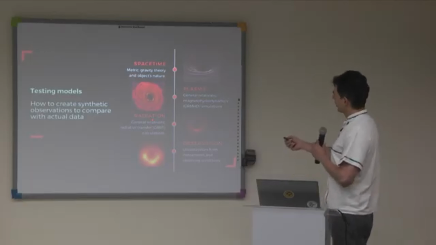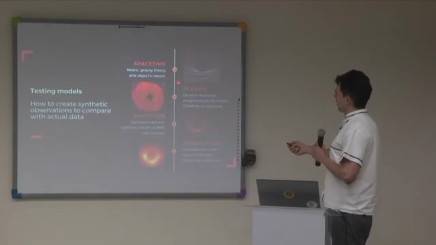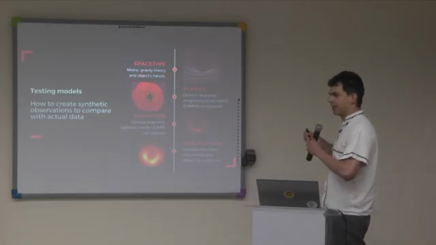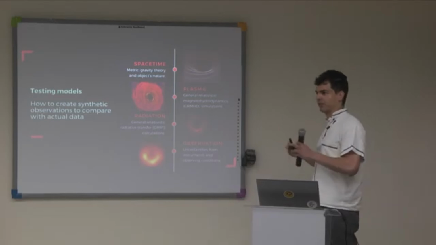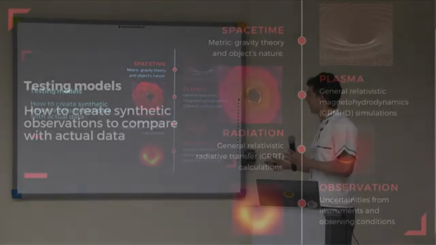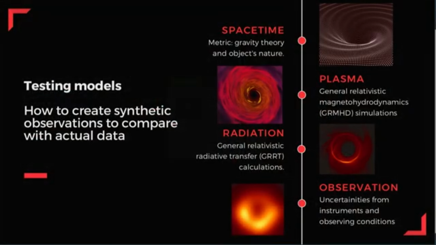We start first from a space-time model. This can be determined by the gravity theory and the nature of the compact object. It can be, for example, a black hole or something more exotic or a different kind of black hole. Then once we select the nature of the spacetime, we can use it as a background